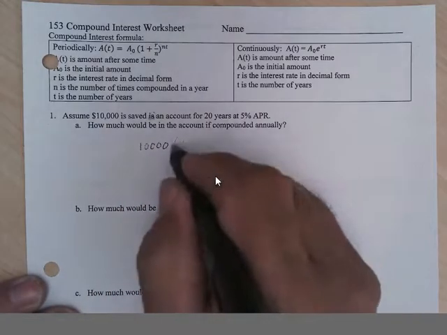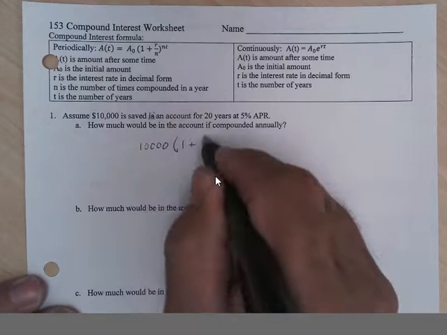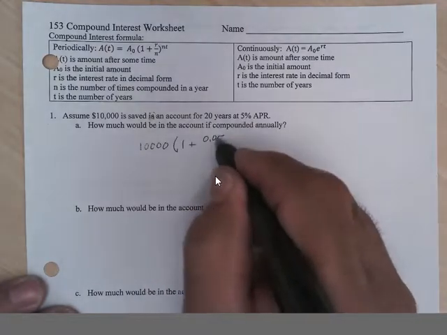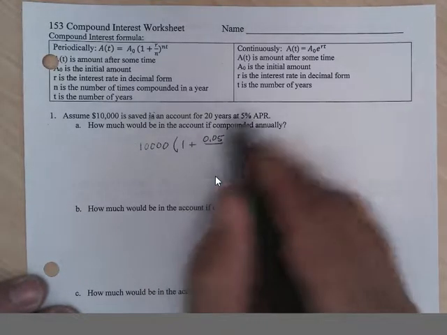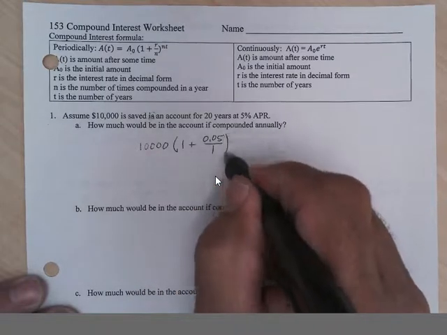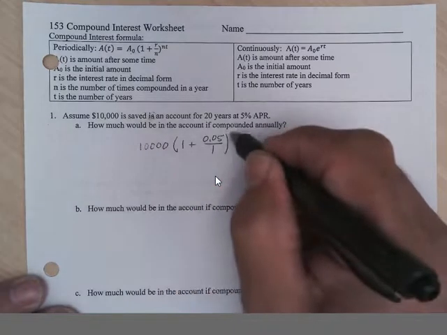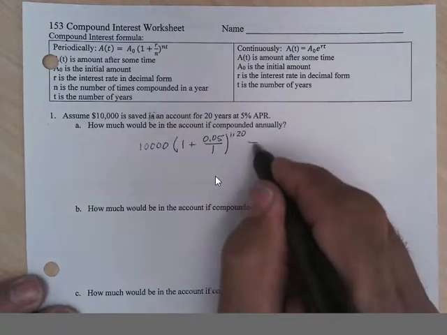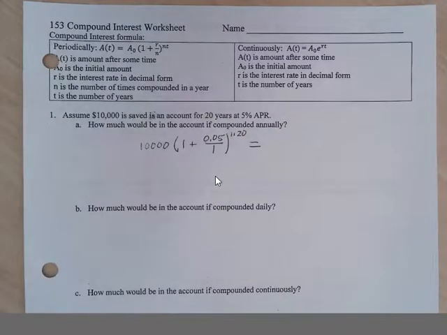10,000, parenthesis 1 plus 0.05, that's 5% in decimal, over n, the number of times compounded. Annually means once a year, and so n is 1, and so we have 1 times 20. We work that out in the calculator,